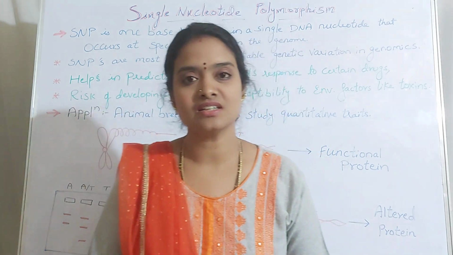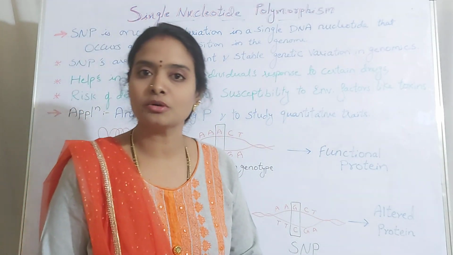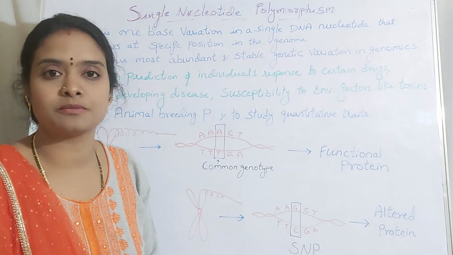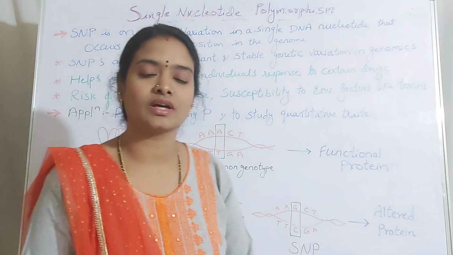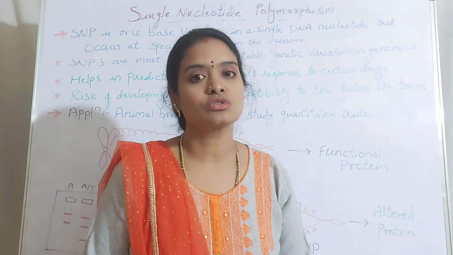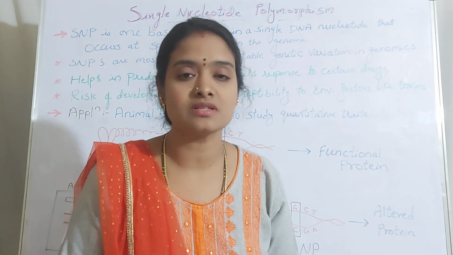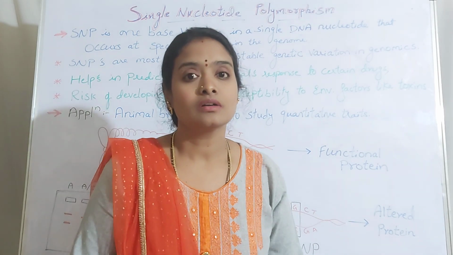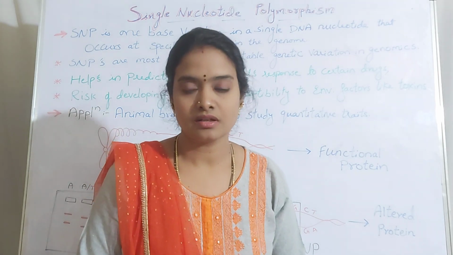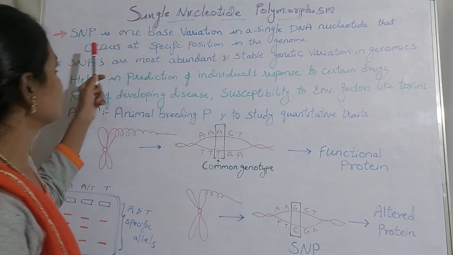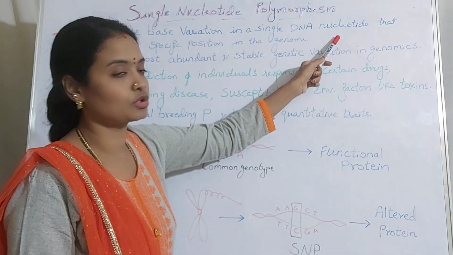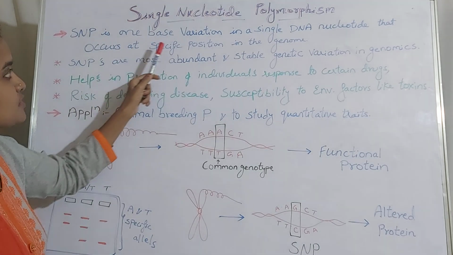Today we'll see the third generation molecular markers, or the new generation molecular marker, SNP, that is single nucleotide polymorphism. So these are the markers which help us to identify and differentiate between different traits or the variants, right? Let us see. The SNP is one base variation in a single DNA nucleotide that occurs at a specific position in